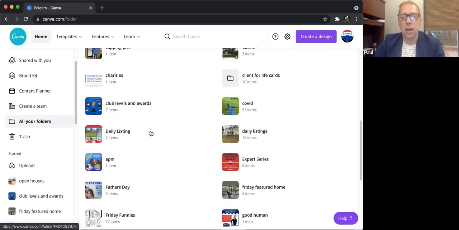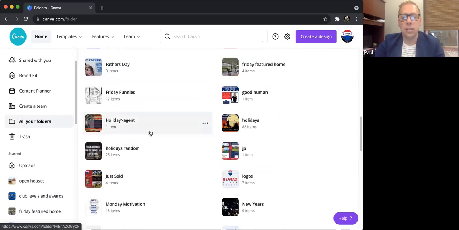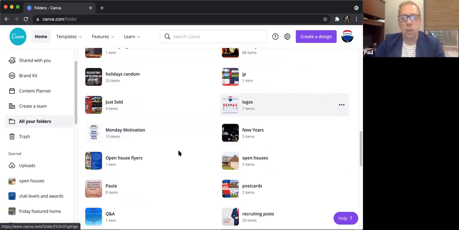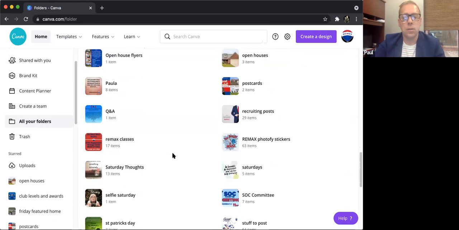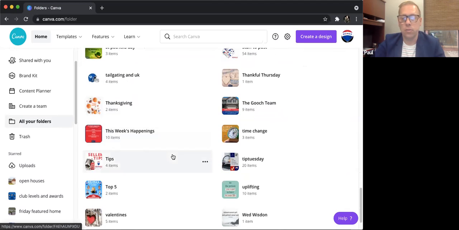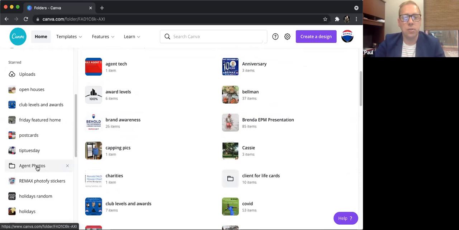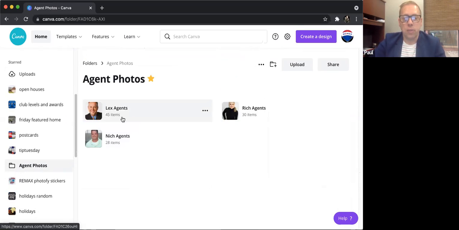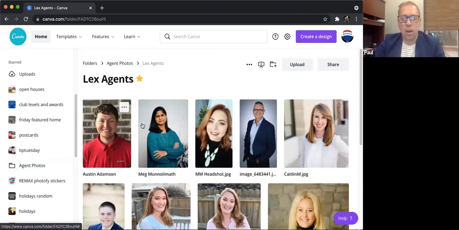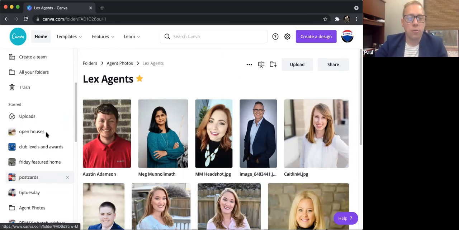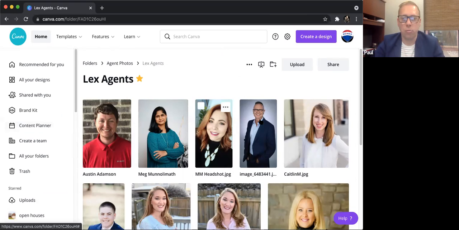If we look down just a little bit, here's our logos. Oh goodness, we got a lot of folders. Let me get these cleaned up. Let's go over here. So in agent photos, we've got Lexington, Nicholasville, and Richmond agents. So if we want to make a post for Meg, who's on here right now, then we will create the post and we can go over here and just grab Meg's photo, pop it over really quick, and there you go. So folders are great, especially once you get to a point that you've got so many things going on,